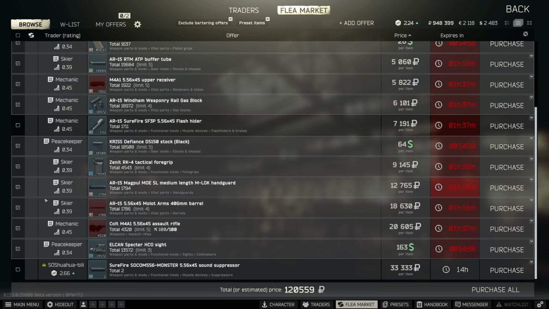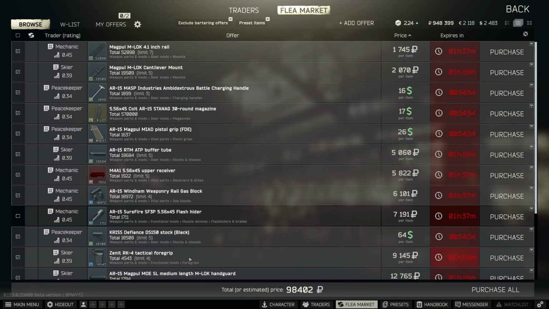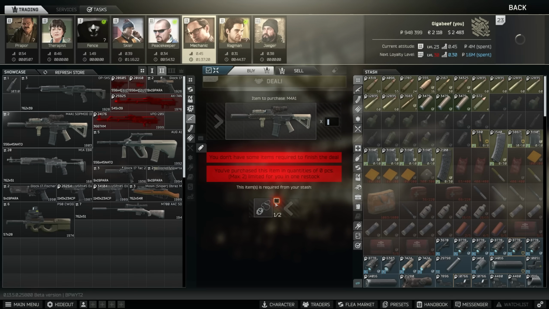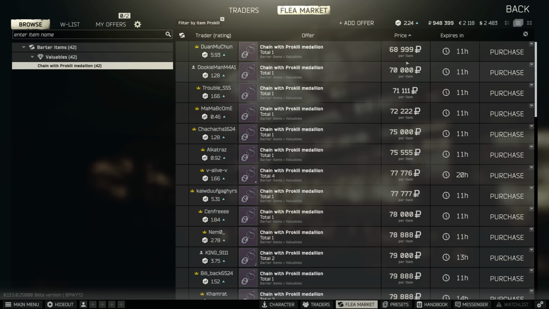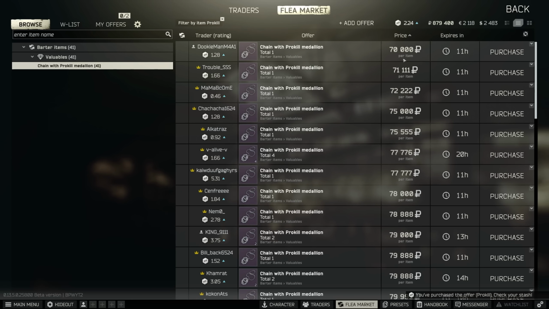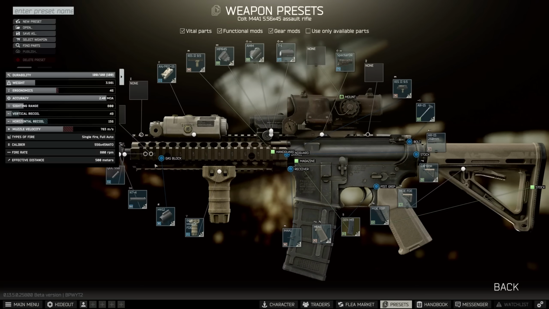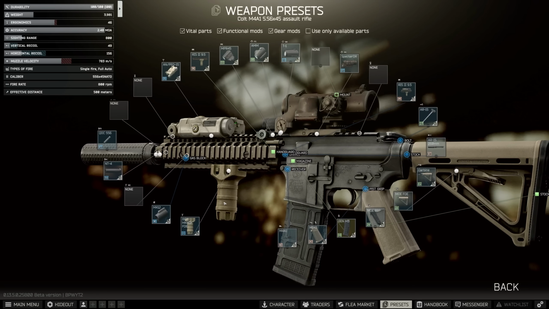Now, there is an alternative way to do this at Mechanic 2, but it's totally fleet dependent, so is not as consistent, but the SOPMOD M4 barter can be really good value. If you can find pro kills at 70k, even 75, 140 to 150 for the base gun is decent because of what it comes with. 46 ergonomics and 49 recoil isn't actually that bad, but we can sell some of this other random stuff for